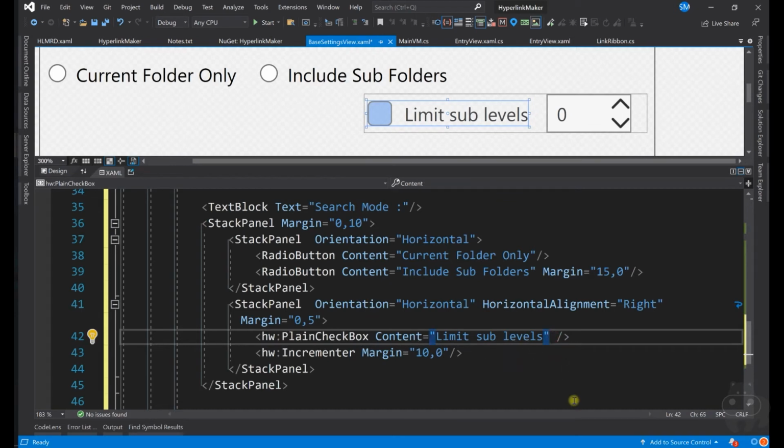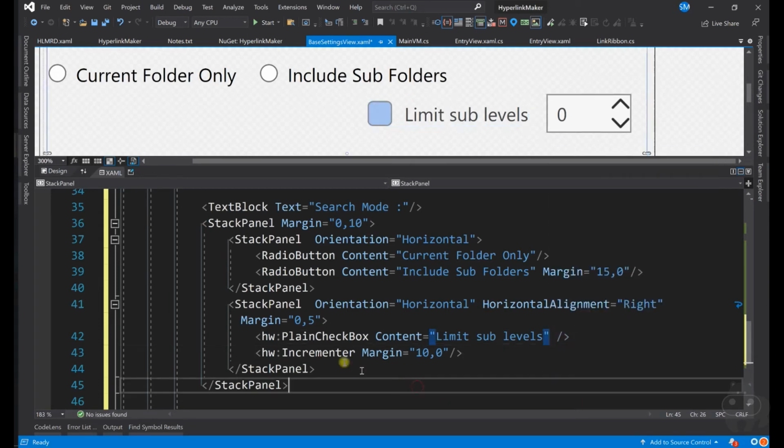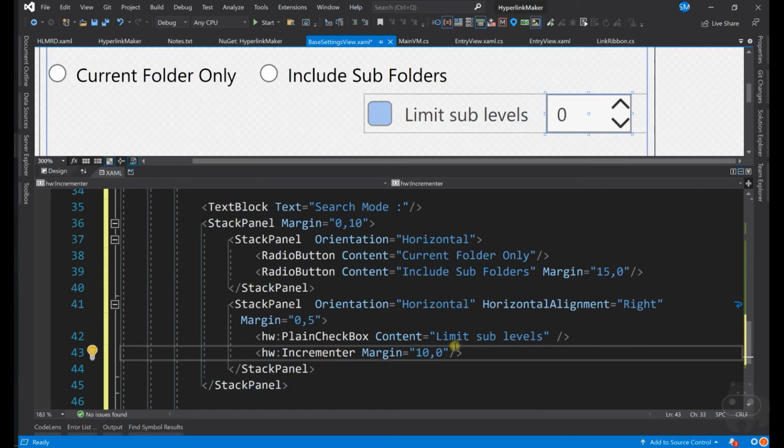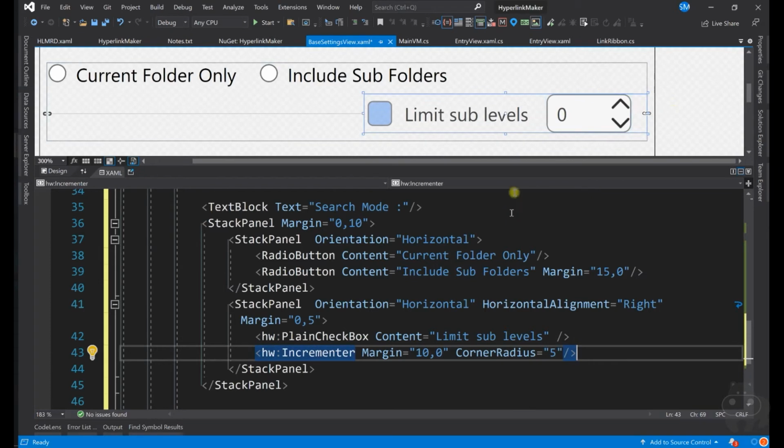So is this checked? Is checked is equal to, if you give true, then that is true. We don't need to check it at present. Let it be there. And the incrementer as well, since this is from Haley, you can set corner radius, let's say 3, 5, and you can still set up the colors and everything, but I'm going to keep it as it is now.